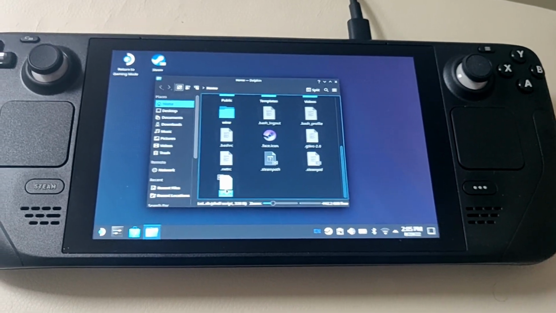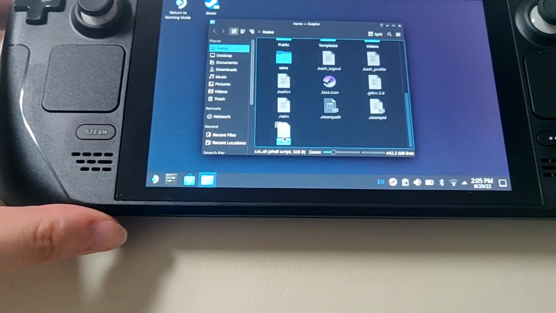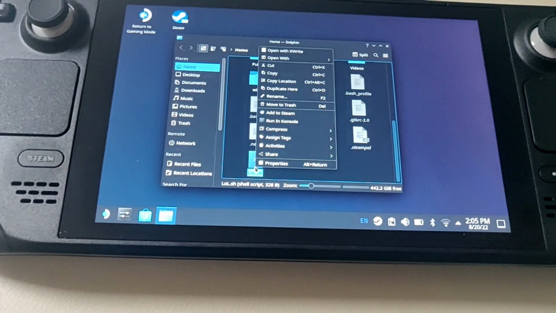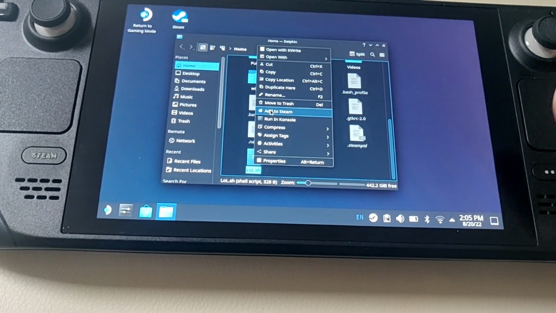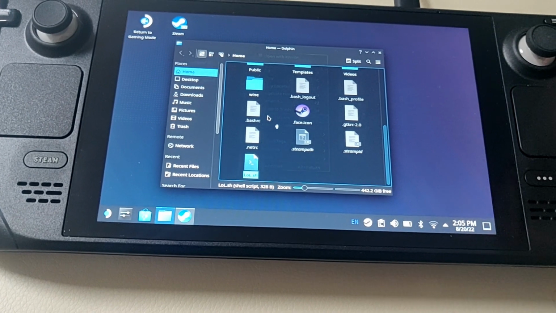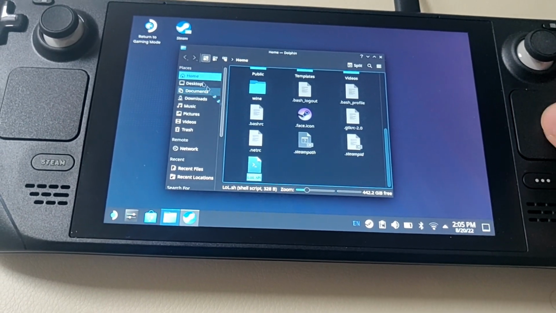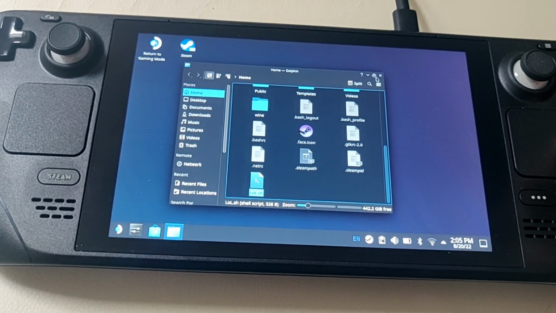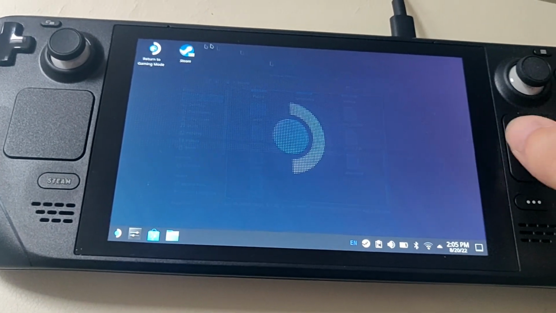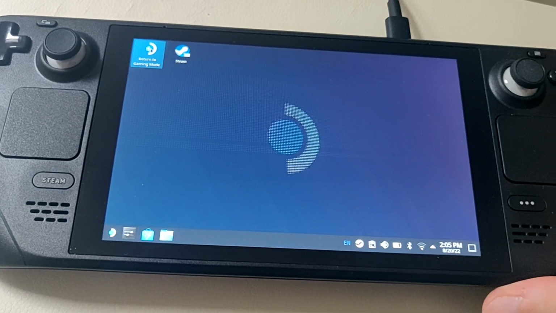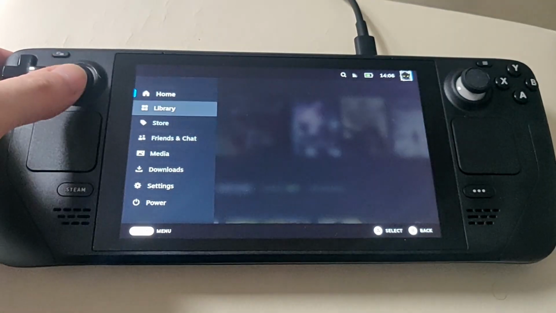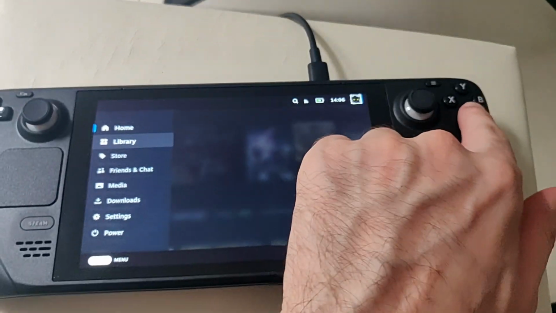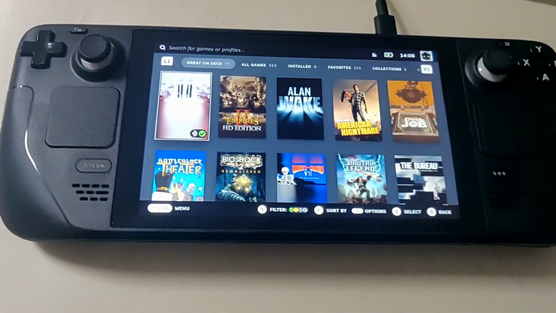So now just right click the LoL.sh and select Add to Steam, and then you can close everything and go to gaming mode. Go to your library, navigate to